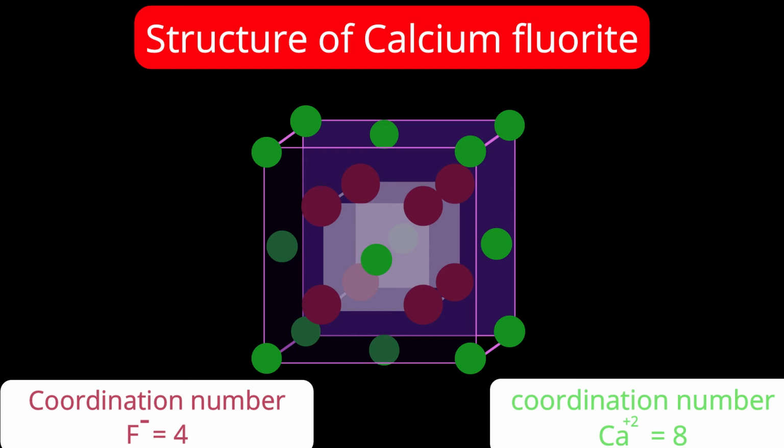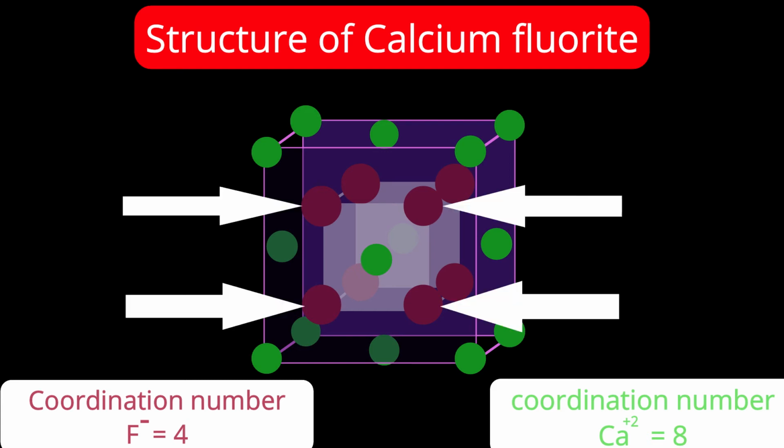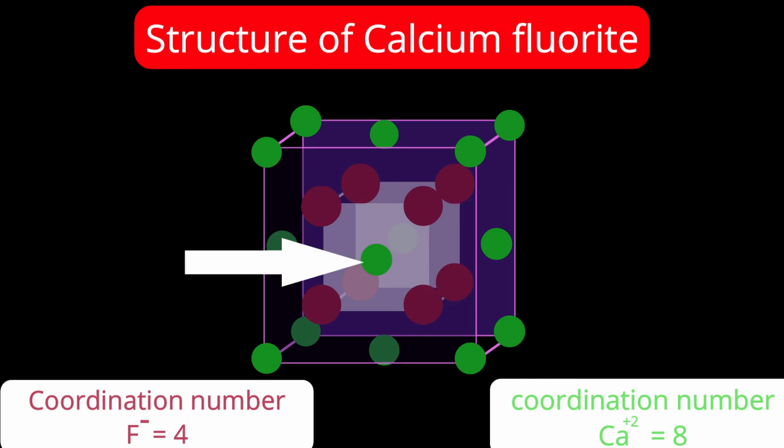Now you have to imagine one more such white small square in front of the pale blue colored large square. So at the corners of that small white square, there will be the F minus ions. So those 4 F minus ions that we are imagining and the 4 F minus ions that I have already shown in the third layer, that is a white layer. Within those 8 there is a green colored ion, which is that calcium ion.